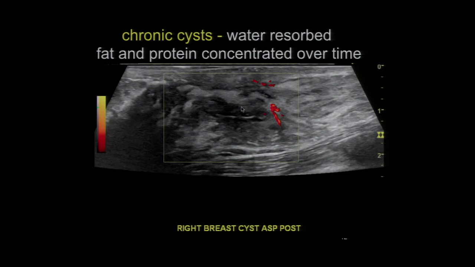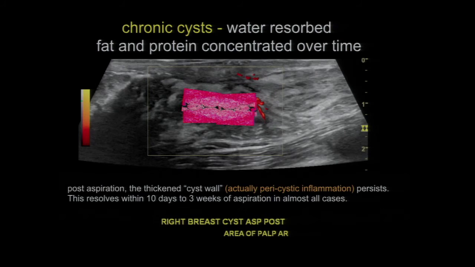When we aspirate it, it aspirates completely, but we have that residual pericystic macrophage or lymphocytic infiltration. So we have a residual thickened wall. We have these 2 layers of foamy macrophages that are opposed to each other. These go away in 2 or 3 weeks. We follow dozens of these to see that they disappear in 2 to 3 weeks, and I don't follow them